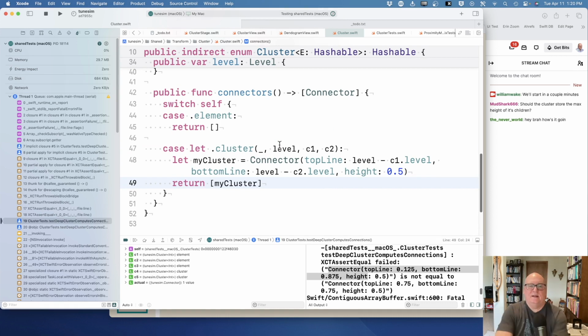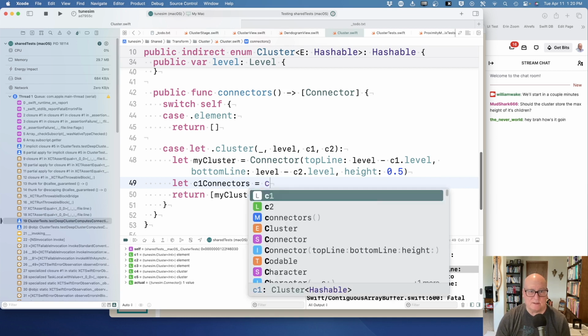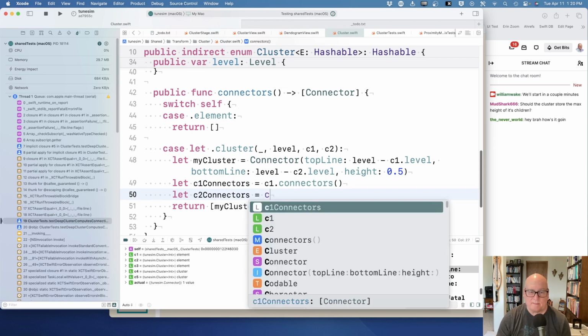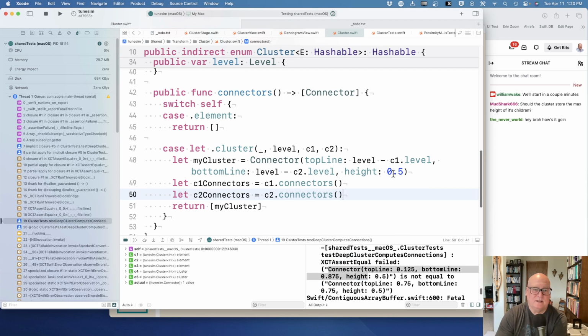I've got to flatten these things, and that's just annoying. But I'm going to get C1's connectors and C2's connectors to get a list back. Okay, so because I've got to have everything we already had plus my cluster. Okay, so let C1 connectors equal C1 dot connectors and C2 connectors. So here's the recursion. All right. And that's a list. That's a list. Okay. So we're going to return,